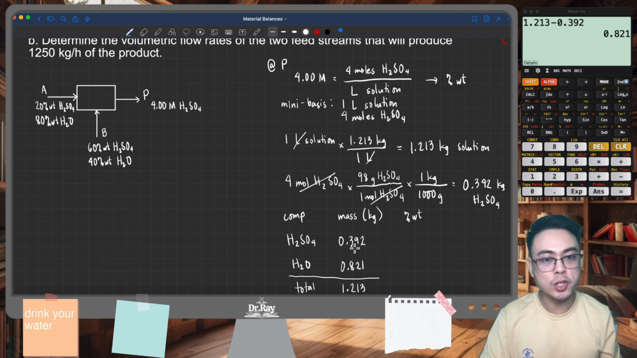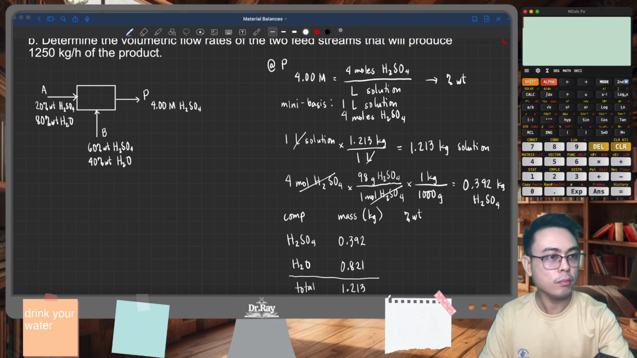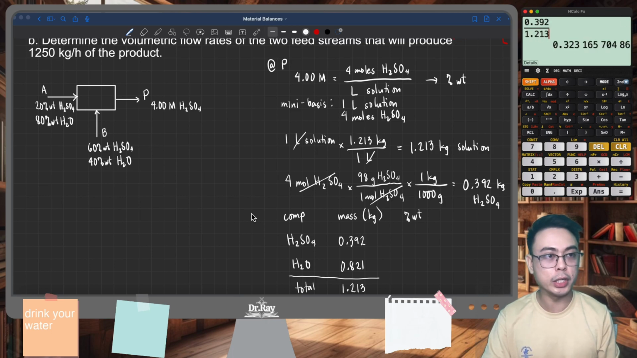For the percent by weight, you simply get the mass of the component and divide that by the total mass. So for example, for sulfuric acid, that would look like 0.392, which is the mass of sulfuric acid, and divide that with the total mass, 1.213 kilograms. This is now what we call a mass fraction, right? Mass fraction, if you want to convert that to percent by weight, simply multiply this by 100. So this is 32.32% by weight